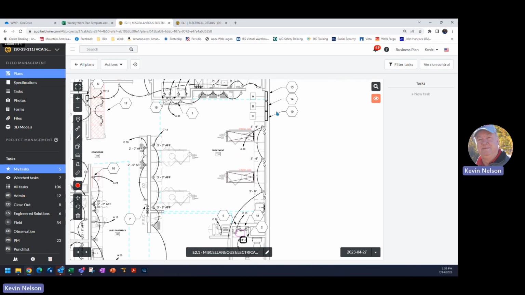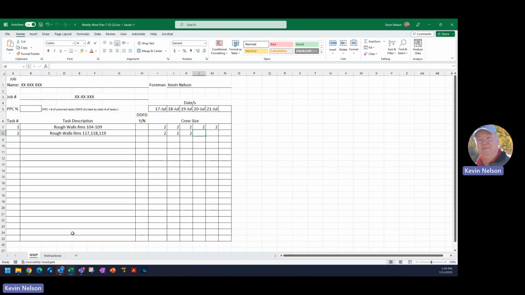Okay, so let's have those same guys install those panels as soon as they're done with that rough in. There's some framing missing in some of these other rooms, but this is complete. Sheetrock's on. I can go ahead and install these panels. So task 3 in our example is going to be install panels